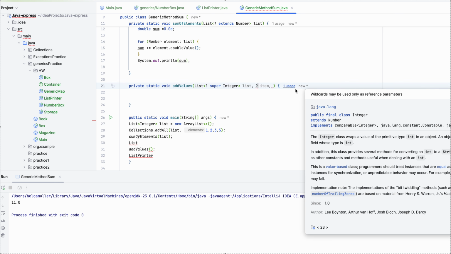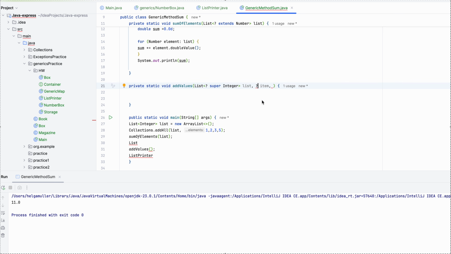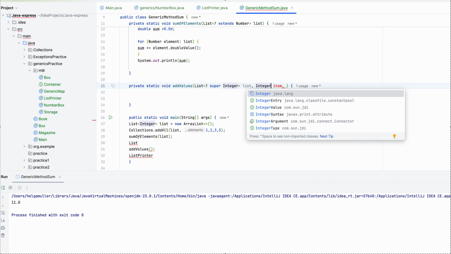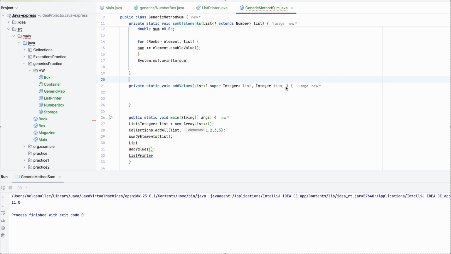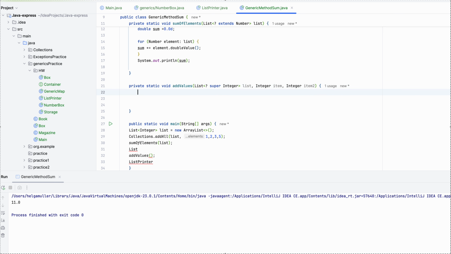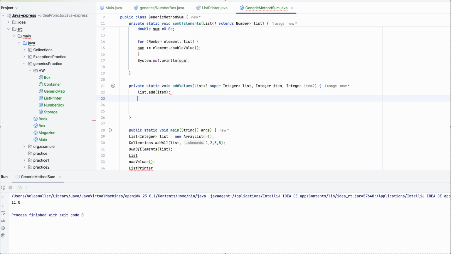Can I use it this way? Item and item 2. So list add item and list add item 2 as well, and let's